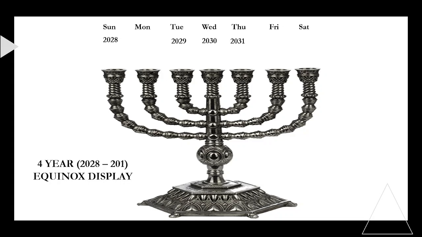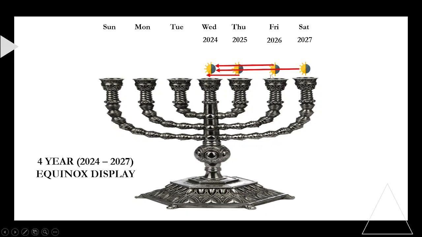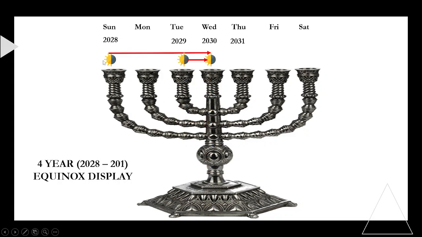And if you can remember, let me go back to the other slide. You have 3 scooting from the right to the left. 1, 2, 3. Okay. This teeter-tottering that you see is what keeps this calendar in balance. You'll never have to add anything. You'll never have to make any other adjustments other than what we are discussing right here. This keeps this calendar in balance and it keeps it in sync with Yahuwah's celestial calendar as well.